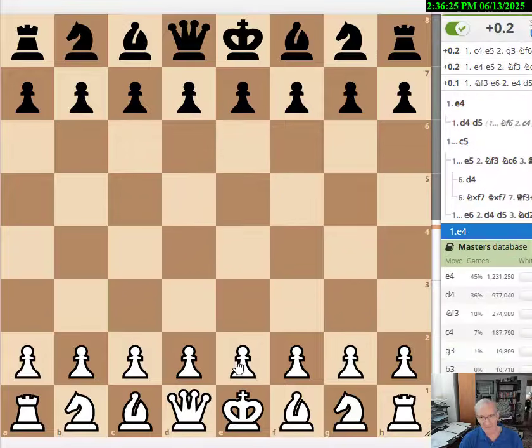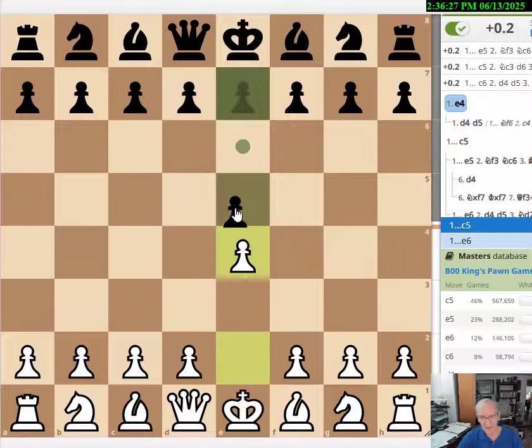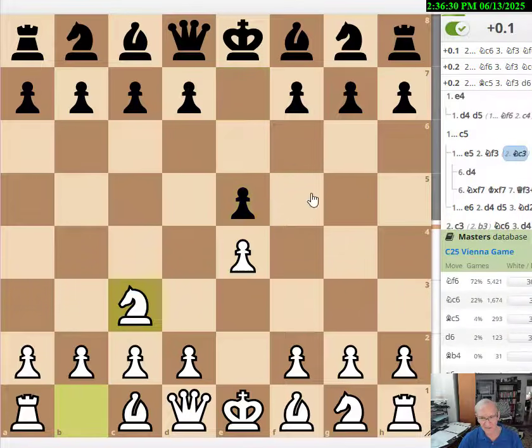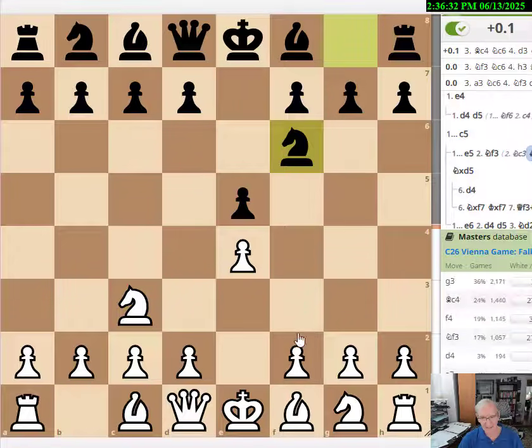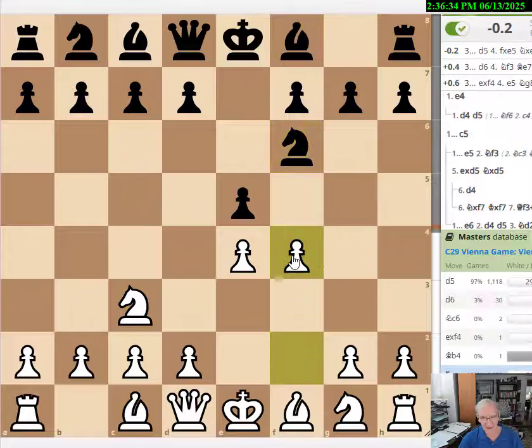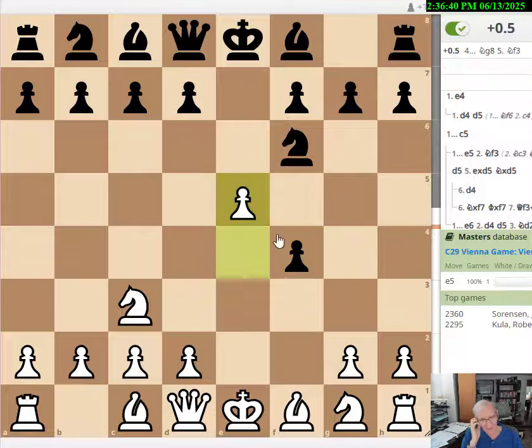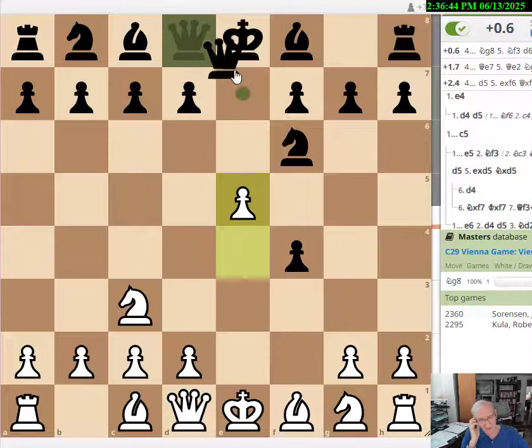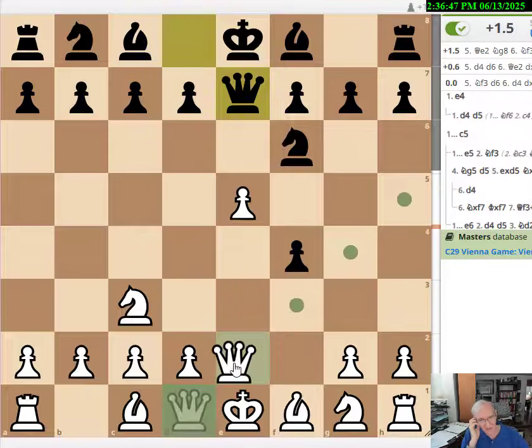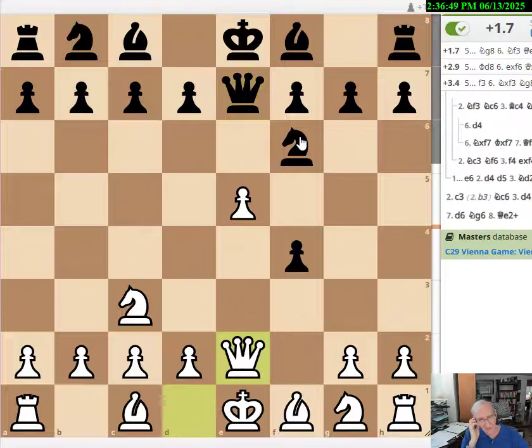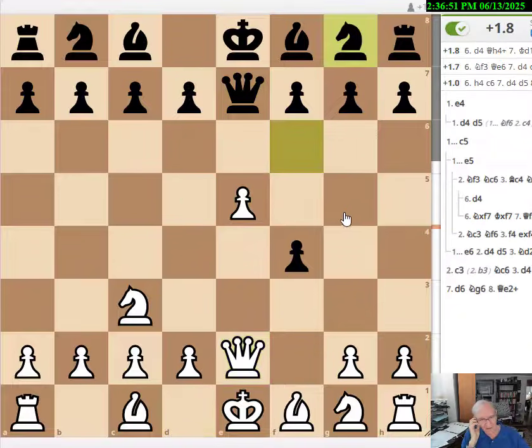So suppose you say, I like to play e4, and when people play e5, I'm learning the Vienna. And if they play the knight f6, I play the Vienna Gambit because a lot of people fall for this. And the trap is that they take the pawn, and then you push the pawn, and the knight has nowhere to go except back. In fact, if they pin it with the queen and you unpin it with your queen,